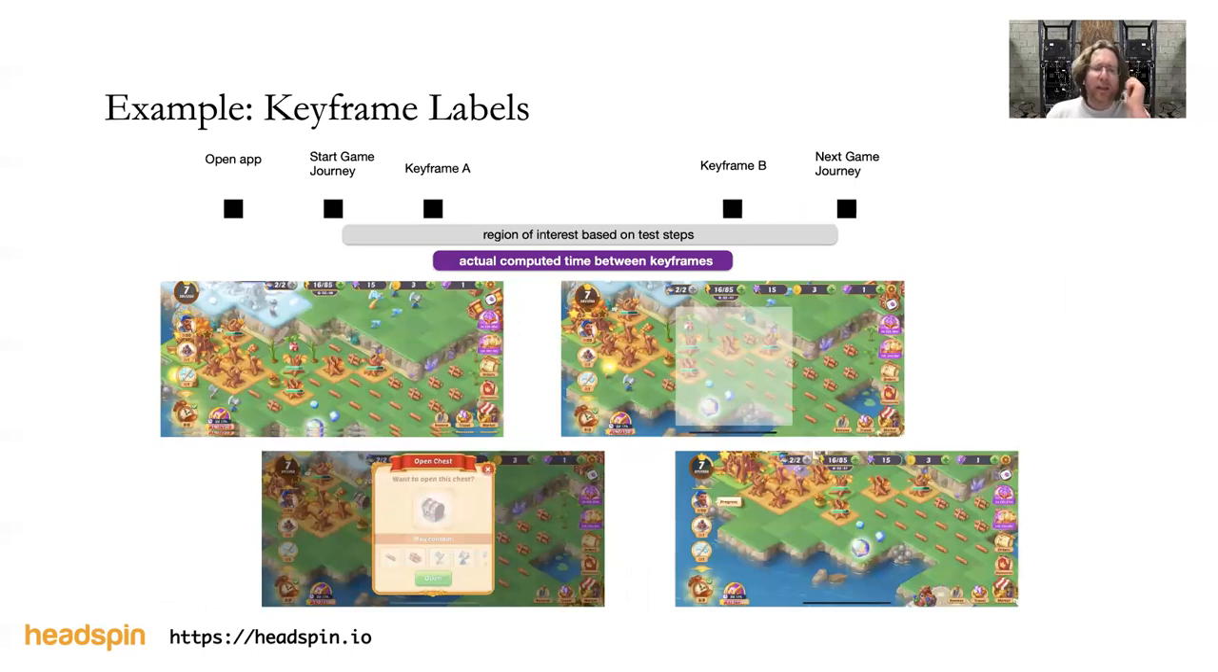Another example is keyframe labels. This is particularly useful for games, which have a lot of visually rich content, and you're trying to measure how long it takes to run certain user journeys within the game, which are affected by rendering performance, game engine performance, and network performance in some cases. There's a lot going on under the hood of a user journey, but if we just look at the time it takes from keyframe 1 to keyframe 2 within the user journey,